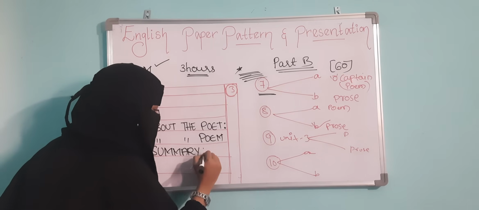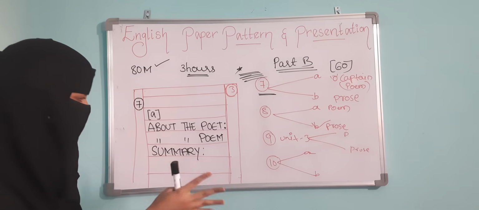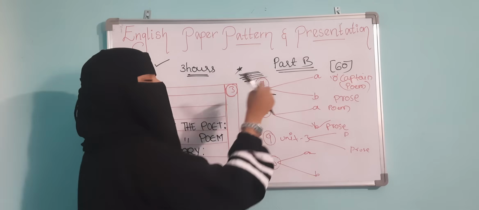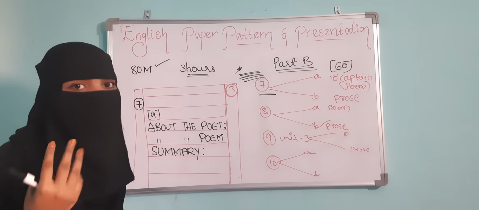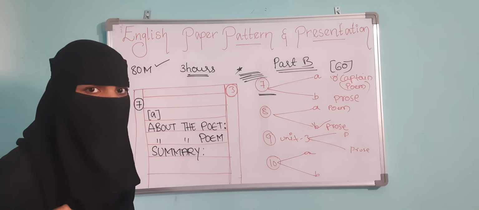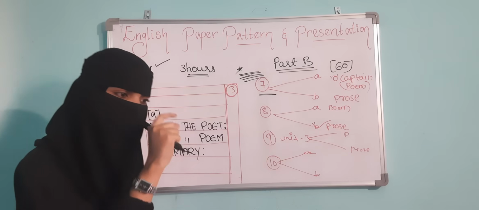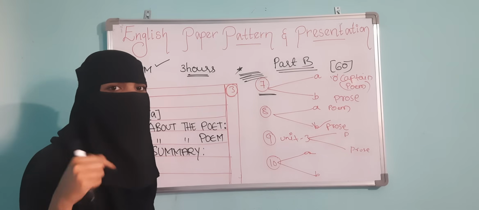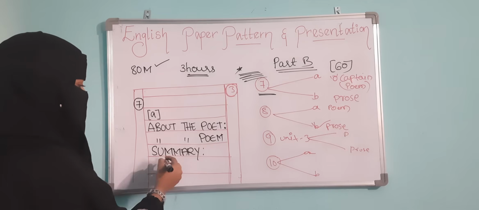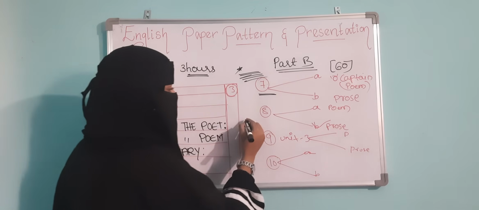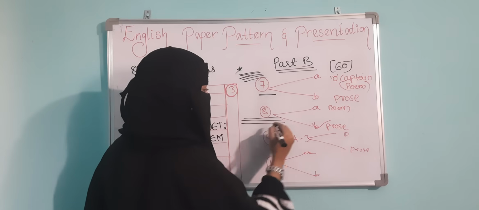Then write summary, in capital letters. Again, write the summary. Complete summary you need to write, whatever you want to write. But in the poems, it is better to mention poem lines if you want. It will be attractive. The examiner who is seeing your summary, when he sees those lines, he will get impressed, right? So whenever you are writing the summary, if you want to mention the lines, see, these will be the lines. Already you have written the summary, and this